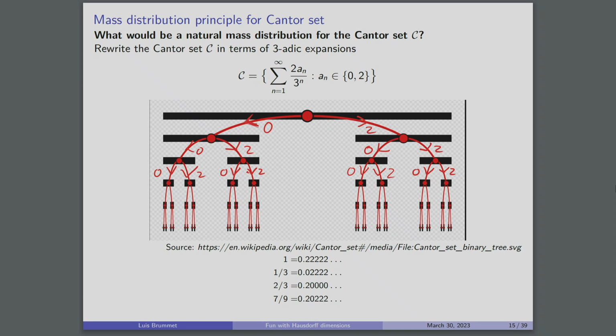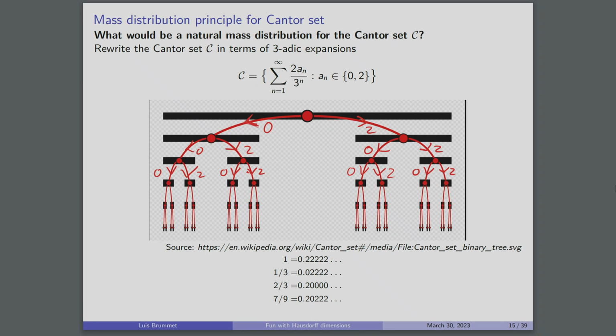So for example, the number 1 would be just 2, 2, 2, 2, 2, 2, 2, 2, because you always go on the right side. And for example, 1/3 would be, okay, first I go to the left, then I go to the right, and I stick to the right, and I stick to the right, and so on and so on. This is very nice because now you have a tree structure,